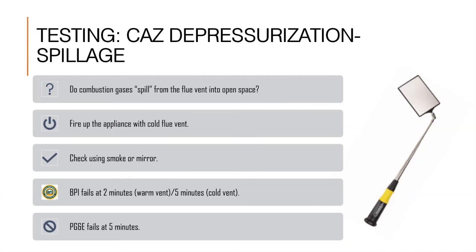When we air seal a building and make the home more airtight, the effects of those exhaust fans and air handler become more significant on the operation of natural draft combustion appliances. And we are required to test for their safe operation when our air sealing or duct modification work is done.